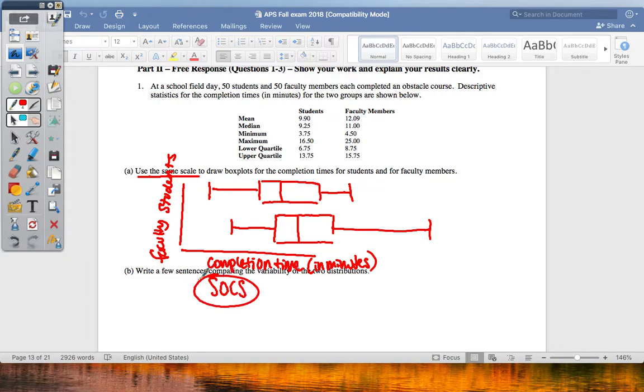Specifically comparing the variability. And actually I don't even think I need all of stocks because it doesn't say just compare the distributions, but specifically the variability. There were 2 things we had to compare with this variability that you just needed to know. First off, we needed to compare our range, because we didn't know standard deviation. And the second thing we needed to compare was